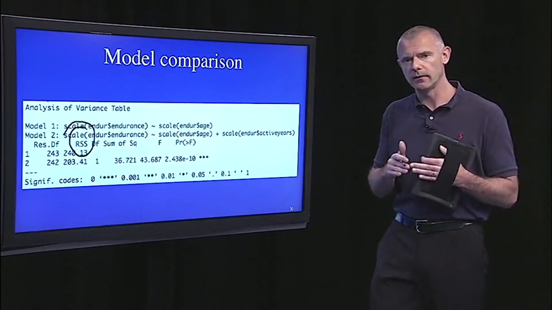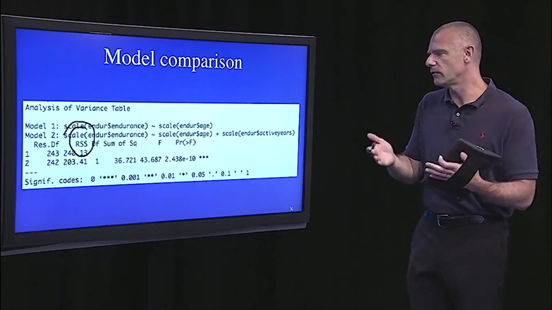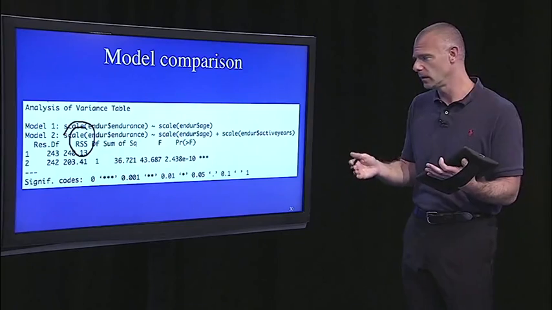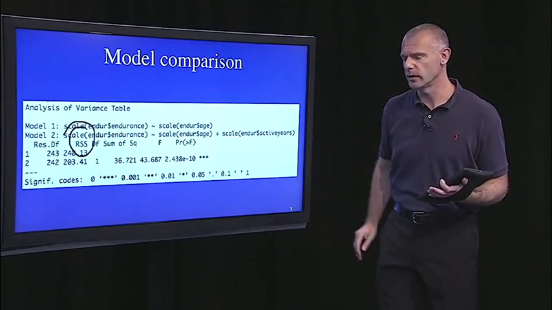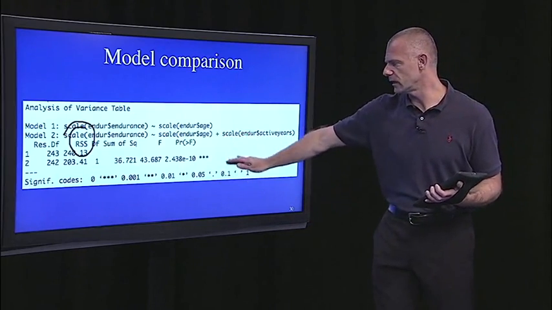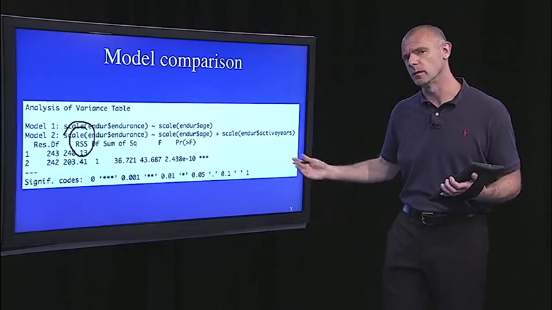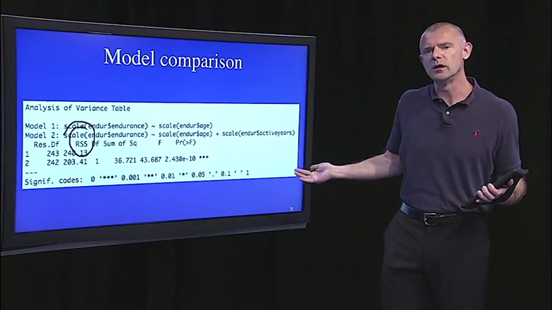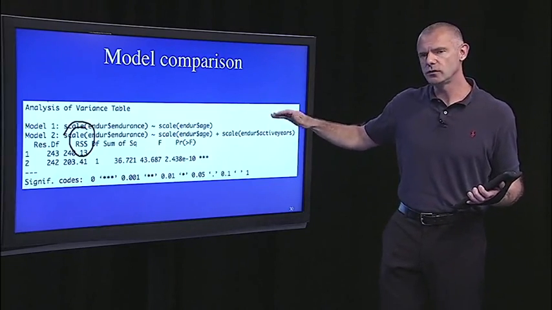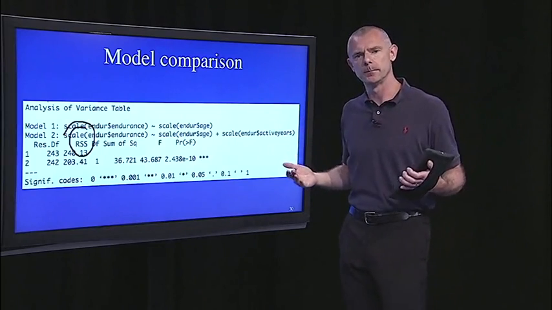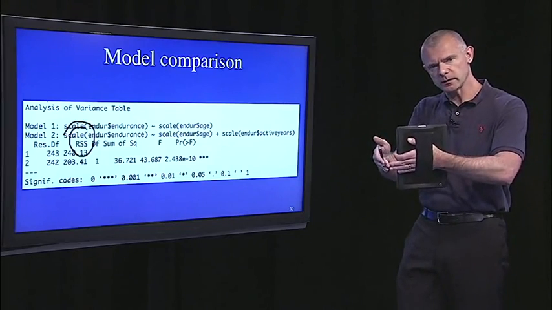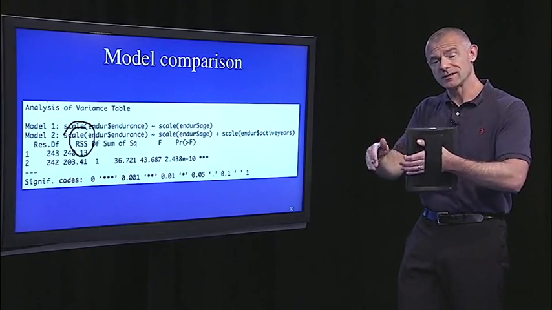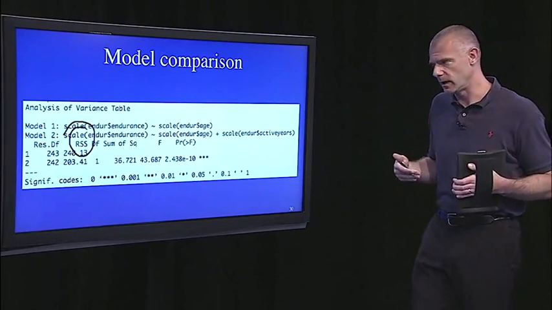And if I compare the overall amount of variance explained in those two models, I can run a significance test. We'll talk more about this later in the semester. But I can run a significance test. It gives me an F ratio that gives me a p-value. And I have a very low p-value, meaning that these two models are statistically different. That is, the more complex model with both predictors in the equation is accounting for significantly more variance than the